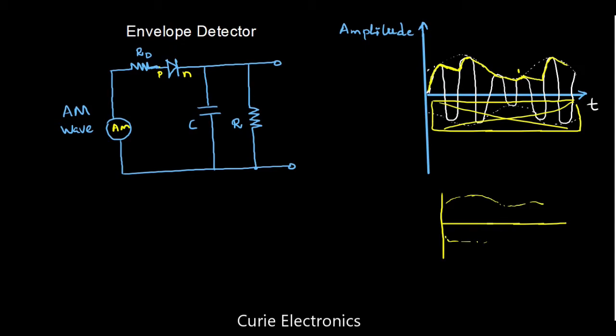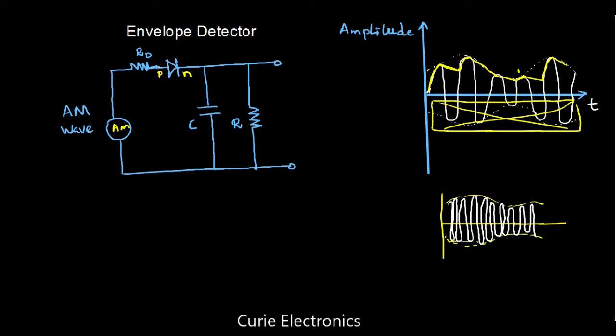The carrier signal is going to be very close. It is going to be a very high frequency carrier. So what happens? We are going to get a smooth output because the carrier is at high frequency. So this way we can regenerate the message signal from the modulated signal. Okay, so this is how this envelope detector works.